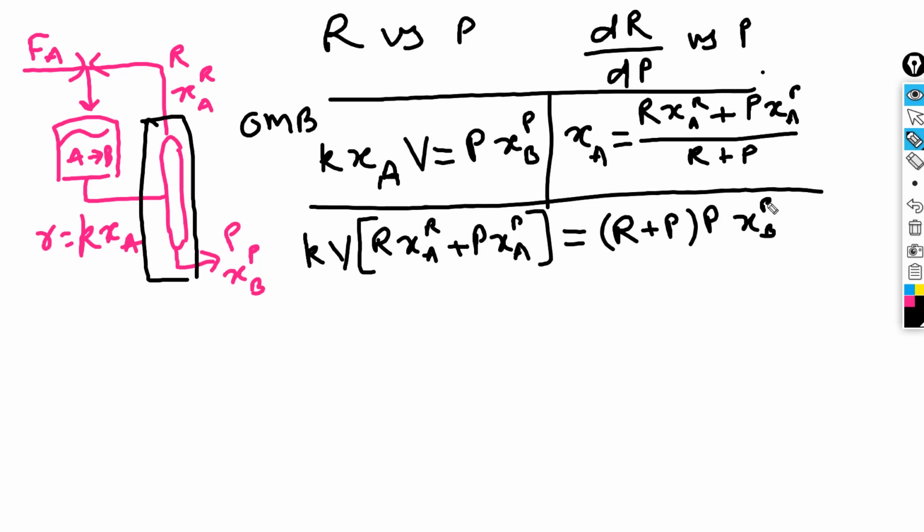So what we will have then is KV times XA recycle minus PXBP, this times R is equal to